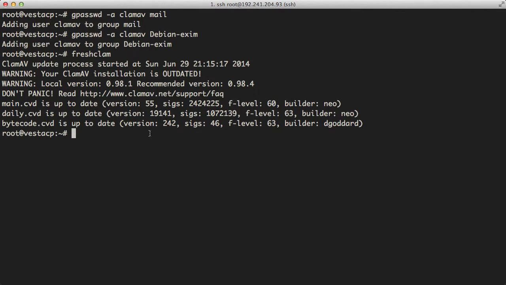We could uninstall ClamAV, run apt-get update to update our apt-get packages, and then reinstall ClamAV, run freshclam again, and go through this process again, and you'll get rid of these warning signs. But right now, because it's just a minor release, it's not a big deal. In the future, if you're looking at 0.98.1, and the recommended version is maybe version 1 or 0.99 or something like that, you may want to consider uninstalling it and